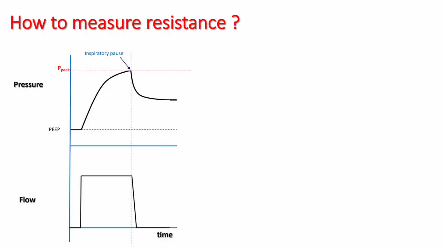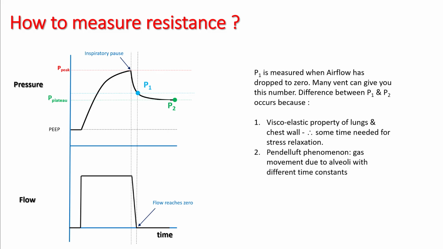To measure resistance, perform an inspiratory pause. Once you perform an inspiratory pause, the pressure is slowly going to come down and reach an equilibrium, which is called plateau pressure. A point will come where the flow on the ventilator will drop down to 0, and this point is called P1. You'll notice that the plateau pressure is slightly lower than the point P1, and this is